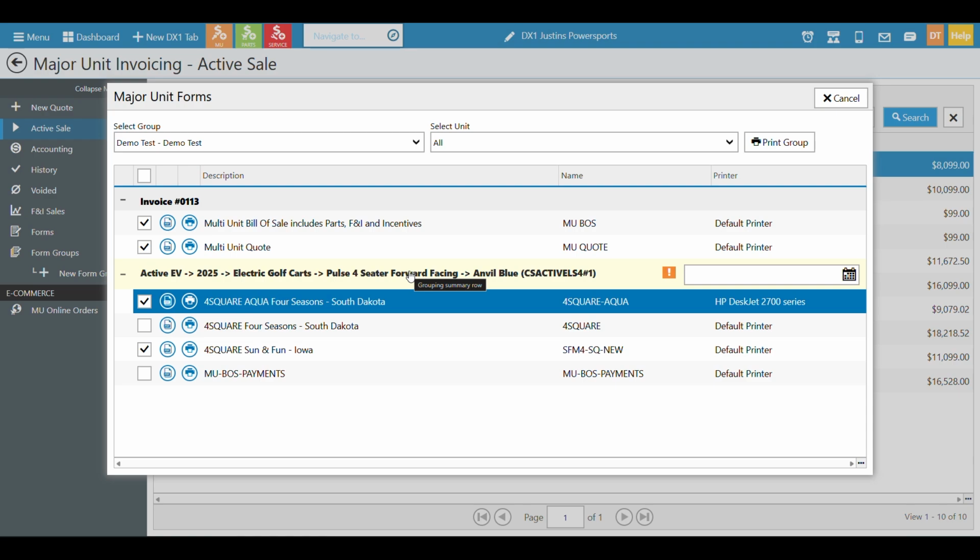So this is a great tool. It really speeds up the process in the office. I've desked thousands of deals, thousands and thousands of pages of paperwork and signatures. And trust me, when you got them lined up outside your office and you're trying to get people in and out, being able to print forms quickly is really going to help that process.